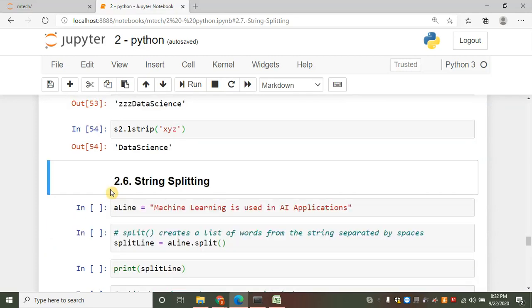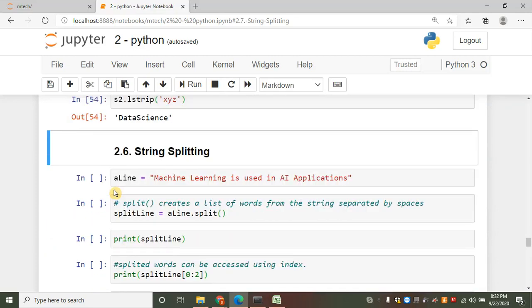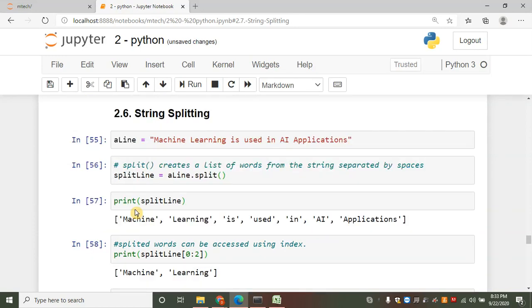And finally, we are coming to string splitting. I am assigning a string, machine learning is used in AI applications, to the variable a_line. The split method creates a list of words from the string wherever there is a space. So a_line.split() will split the string into a list of strings and assign it to the split_line variable. If I print the split_line variable, I can see a list of strings which we can access using an index.